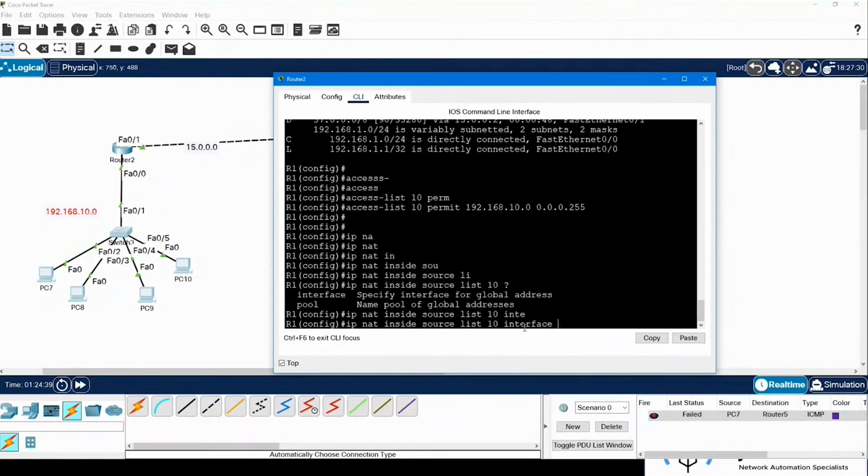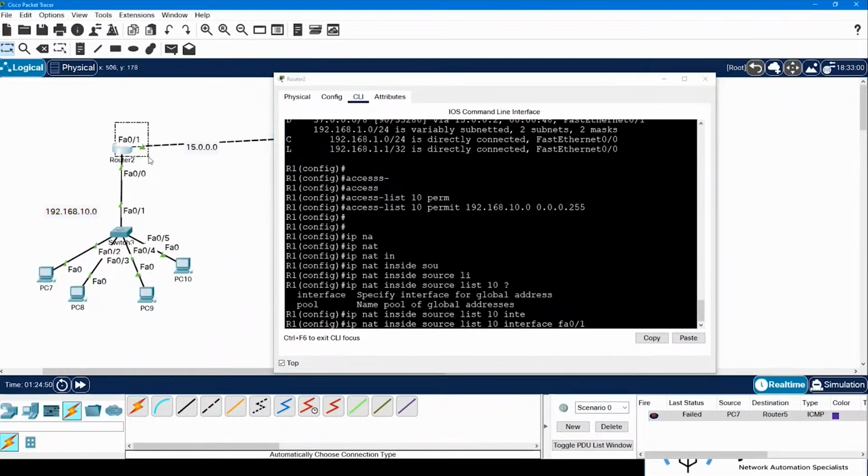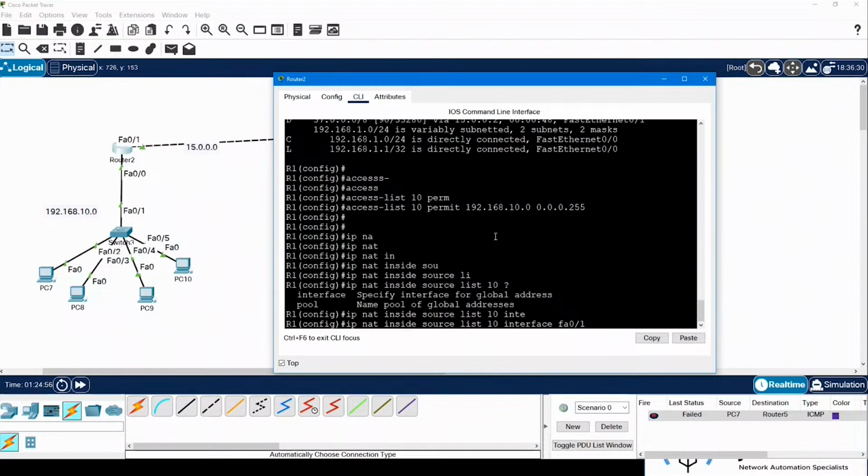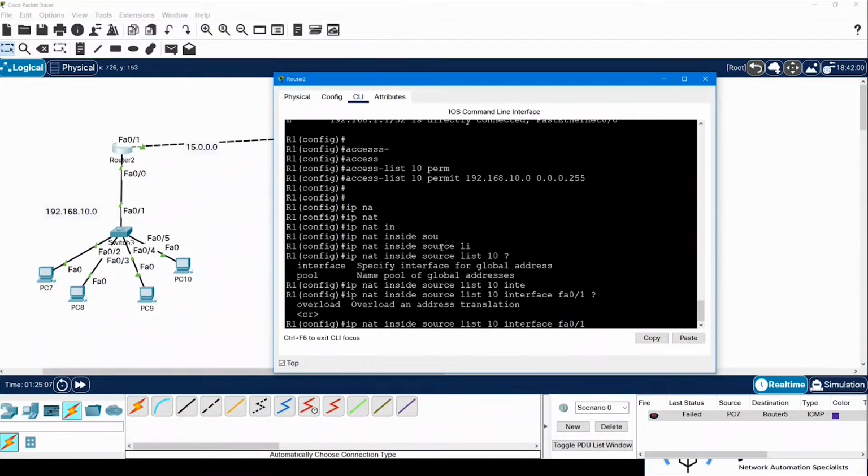So we say interface FA0/1. We want that this IP, which is 192.168.10.0, should be translated here, so that whenever it takes an exit, it gets translated to a public IP address. So we inform the router about the interface, and then after this, if you press the question mark again, you have the option over